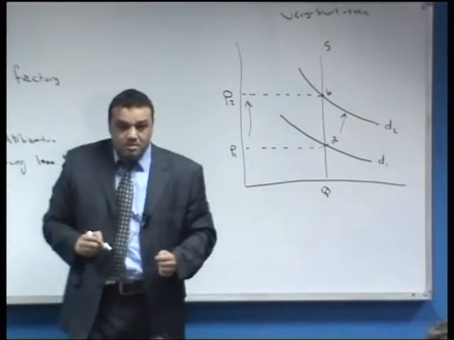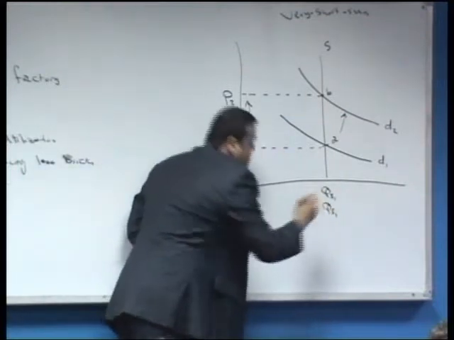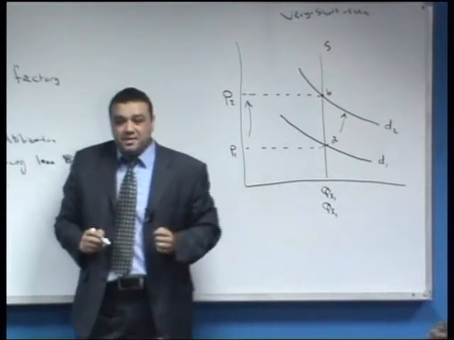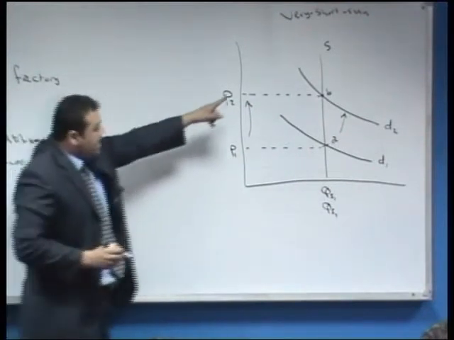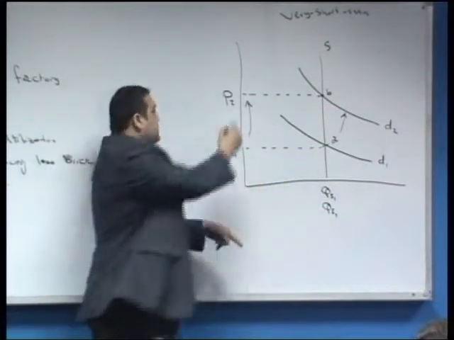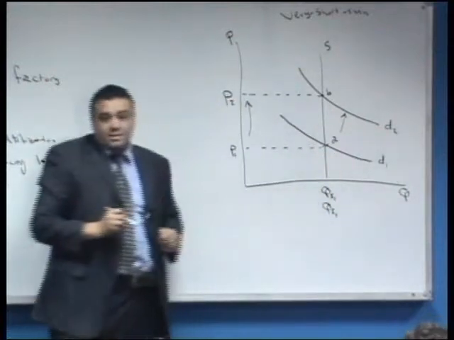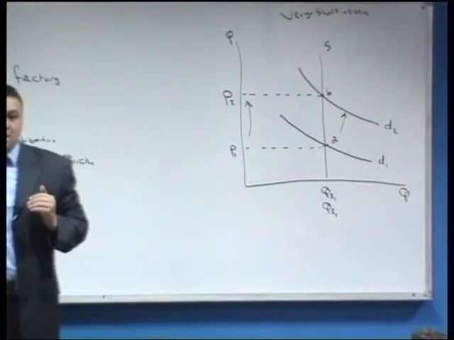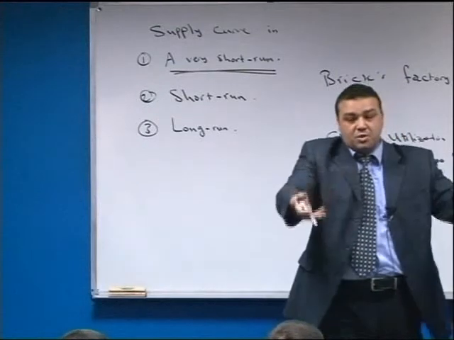Right? So this is S1, the QS1, and the QS2. It's called the very short run. Right? So in the very short run, supply curve would be a vertical line. P, Q. Right? But if he gives you more time to produce,